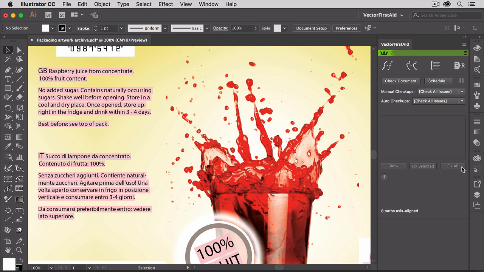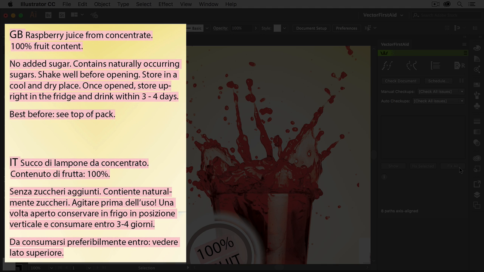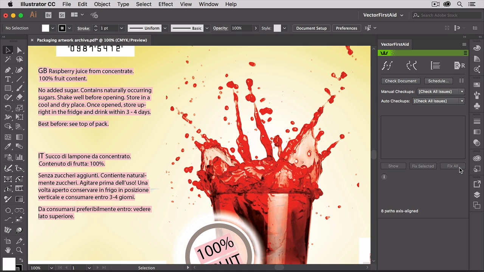Having clicked on the Fix All button, I will now have a look at this text which has been highlighted in this pink annotation. This means this text is being rendered with the default font in Illustrator because it hasn't got access to the original font. There isn't actually anything wrong with this editable text, it is just the display of the font. So all I'm going to do is change this font to something I have got.